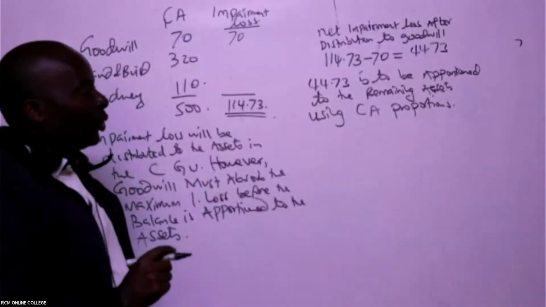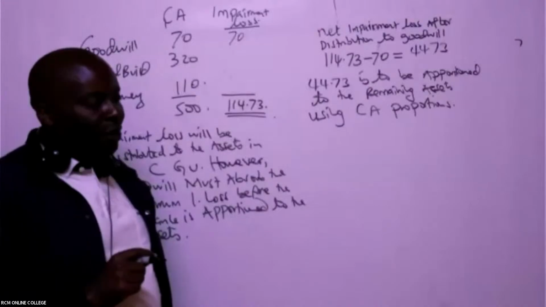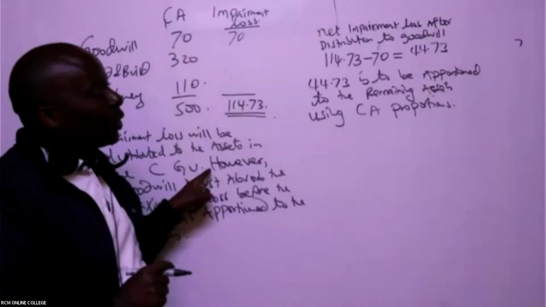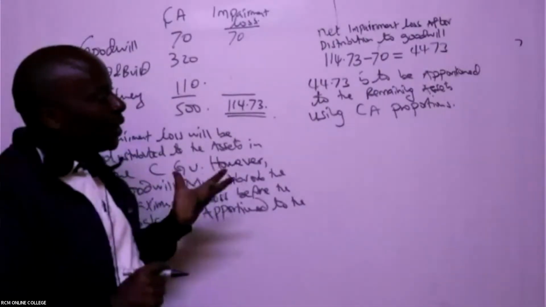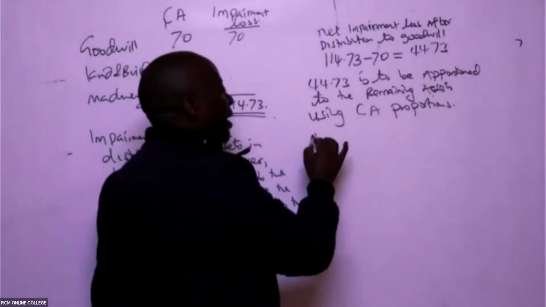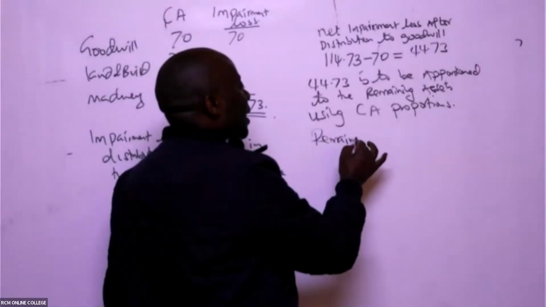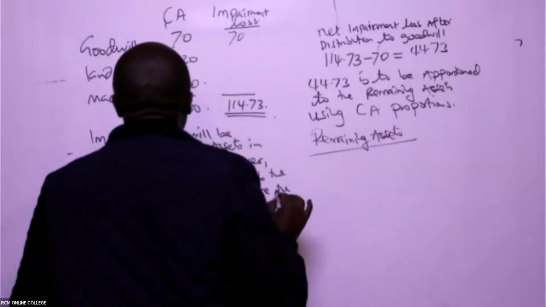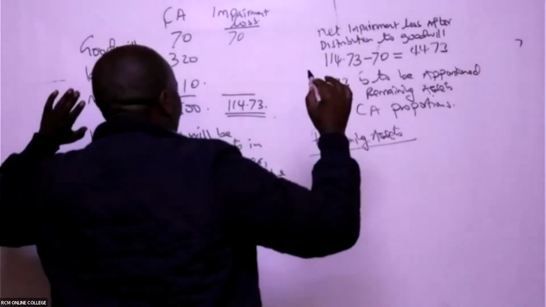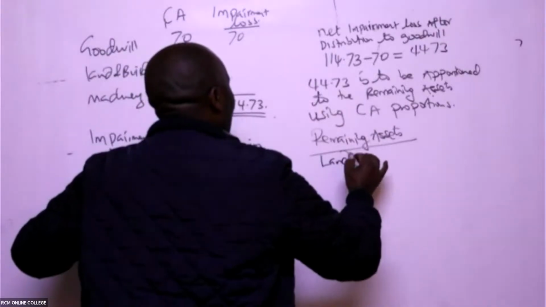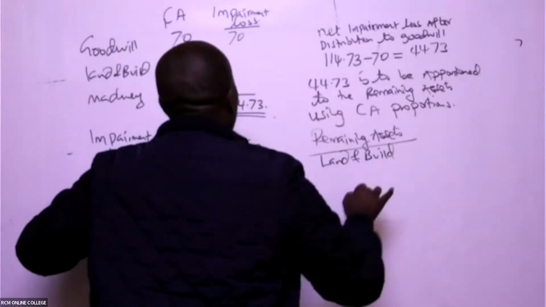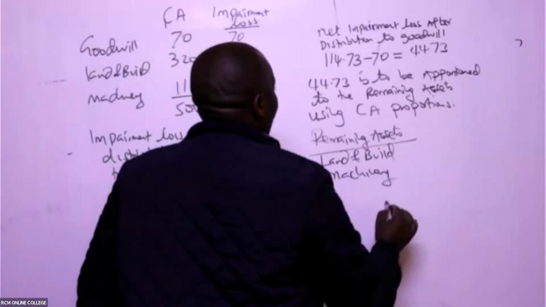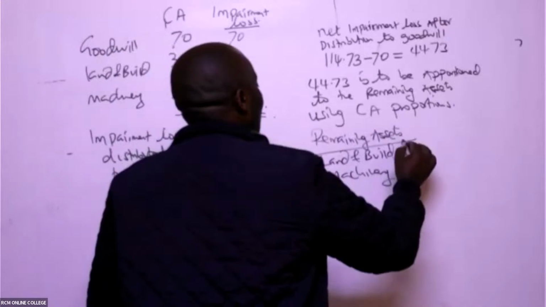So the 44.73 is to be apportioned to the remaining assets, using the carrying amounts proportions. So which assets are remaining? Goodwill is now extinguished. Now we have land and building, and then we have the machinery. Their carrying amounts,